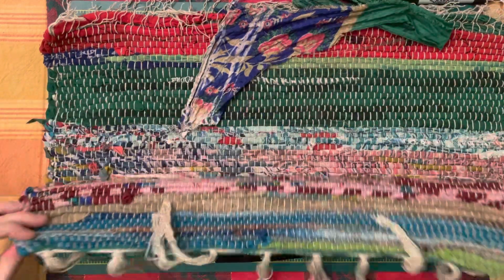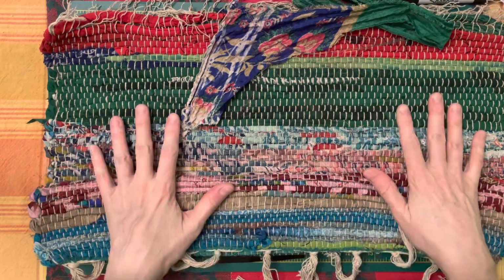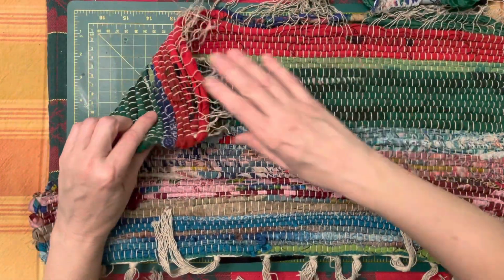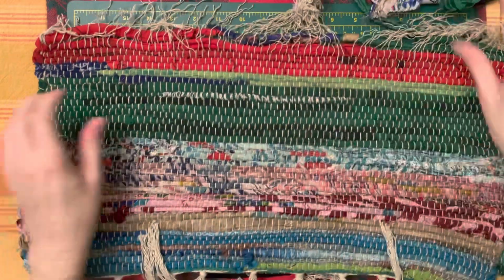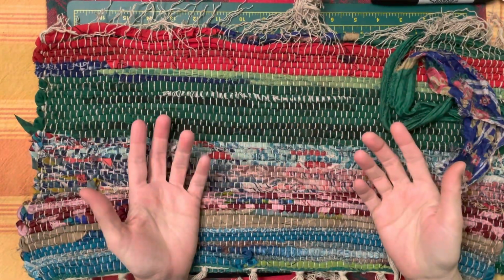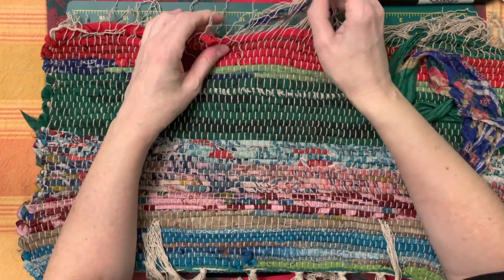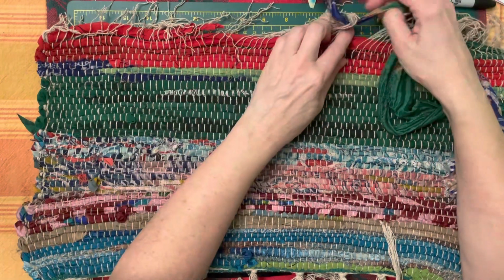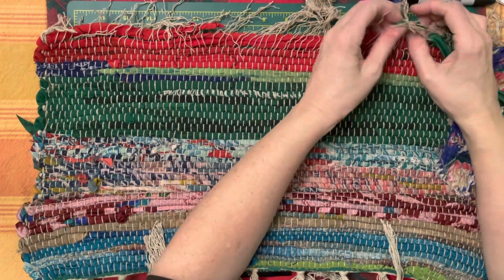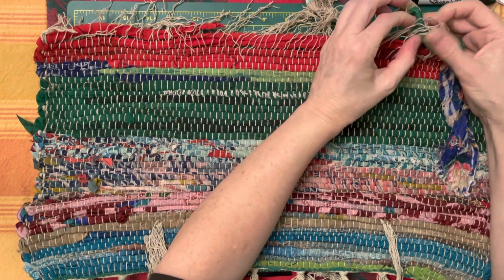I stopped after half because I realized that I was probably going to be talking about it, and I wanted to have the original rug here to demonstrate. And then you get this, and the cost interested me. Like $5 is an interesting value for a thing. And the reason why I was interested in it,